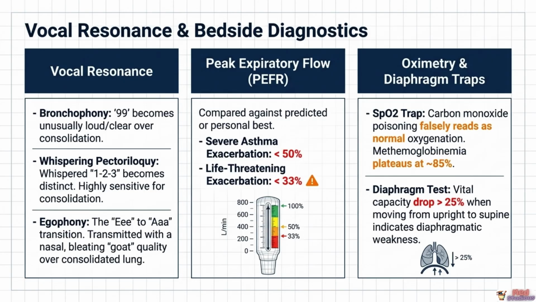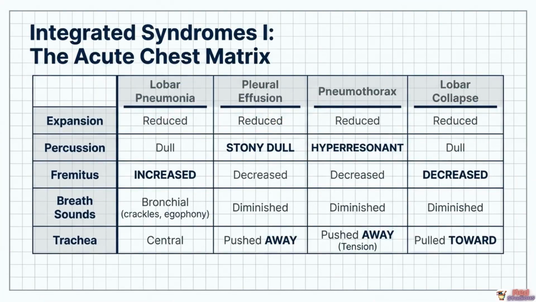Two important pulse oximetry traps deserve mention. Carbon monoxide poisoning falsely reads as normal oxygenation on standard pulse oximetry, while methemoglobinemia characteristically plateaus around 85% regardless of true oxygen status. Finally, a vital capacity that drops by more than 25% when moving from upright to supine positioning indicates underlying diaphragmatic weakness. Bringing together every examination finding discussed so far, 4 acute respiratory conditions can be clearly distinguished